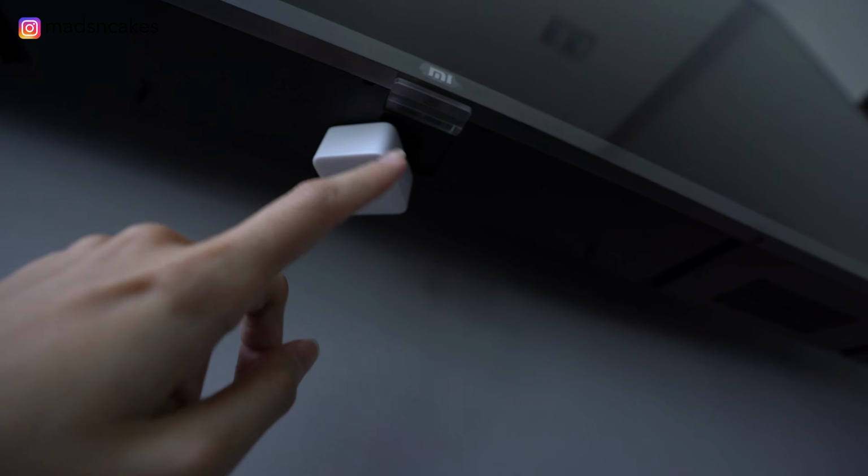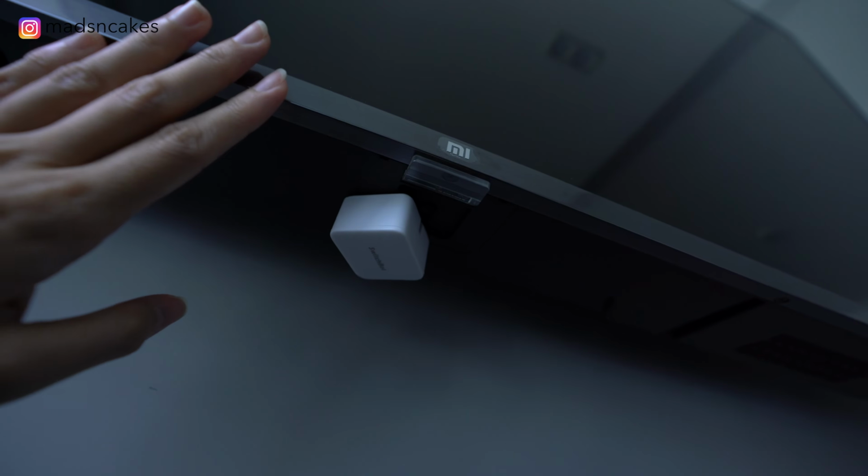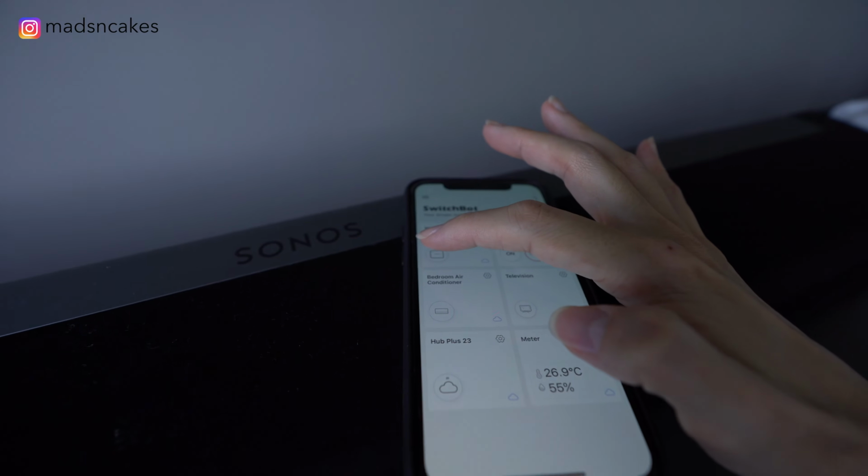So for this Xiaomi TV, the button is just right below, and because the TV remote is using Bluetooth, I couldn't control it from my phone widgets via the infrared controller anymore. So this is an alternative, and on the app I changed it to the press mode. So now if I press it here,